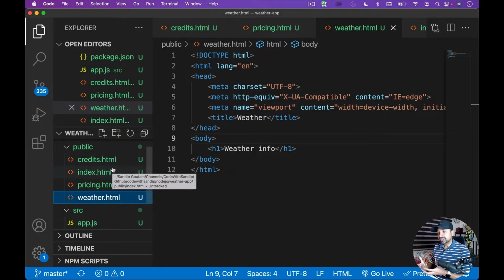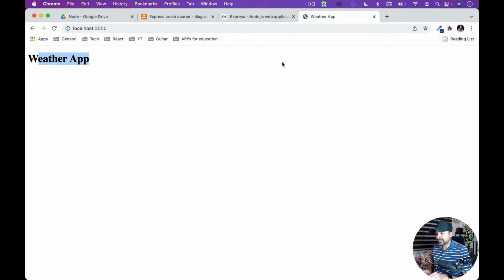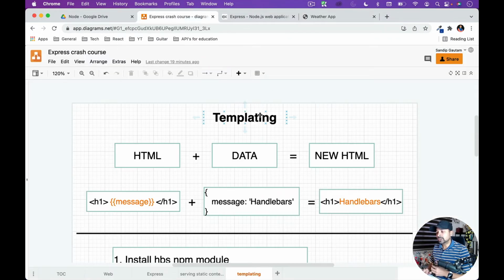We need a way to combine HTML with data, right? So obviously we are going to take the advantages of HTML. HTML is a great static language, but we need to have ways of combining it with some data, right? So that's what we can do using the concept of templating, where we'll take the advantages of HTML as a technology, and we will add the data. We'll give the HTML file some data, and we're going to get the new HTML back, which we're going to